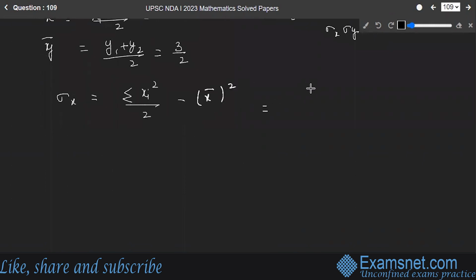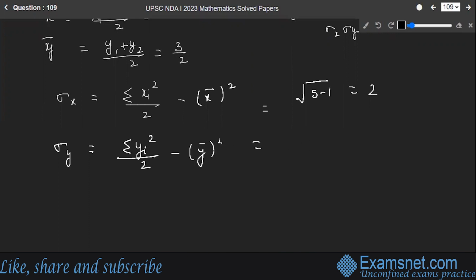That is equal to the root of 5 minus 1, that is equal to 2. Similarly, variance y is equal to sigma yi square upon 2 minus y bar square, that is equal to 5 by 4 minus 9 by 4, that is equal to minus